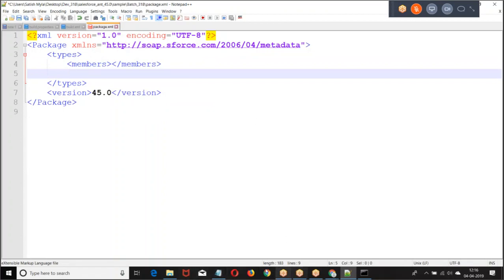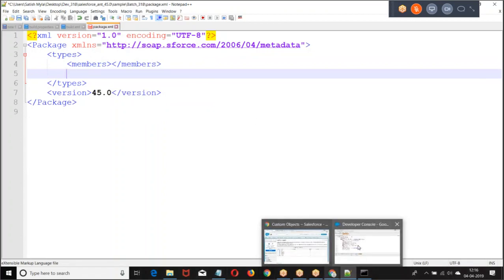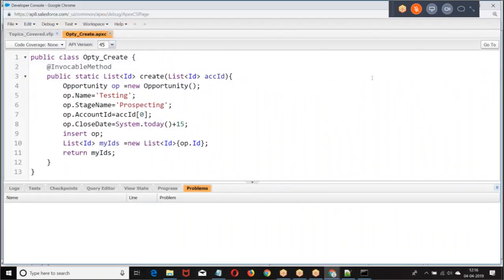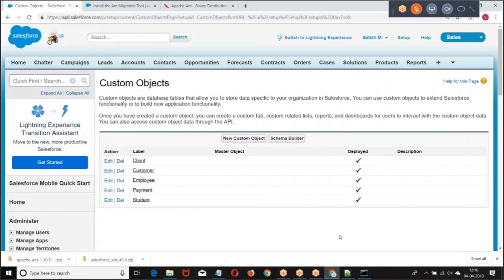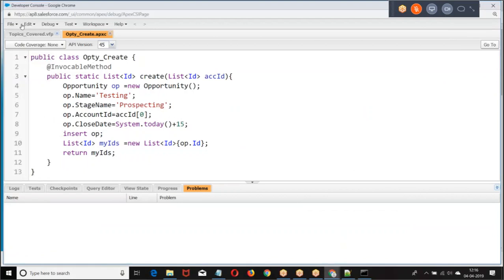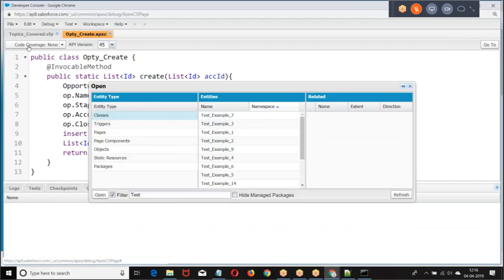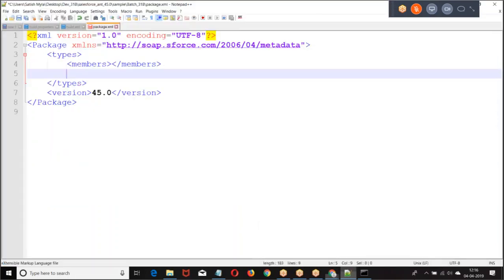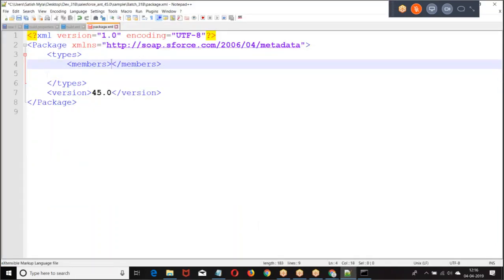Then we had test example. Next example 1.